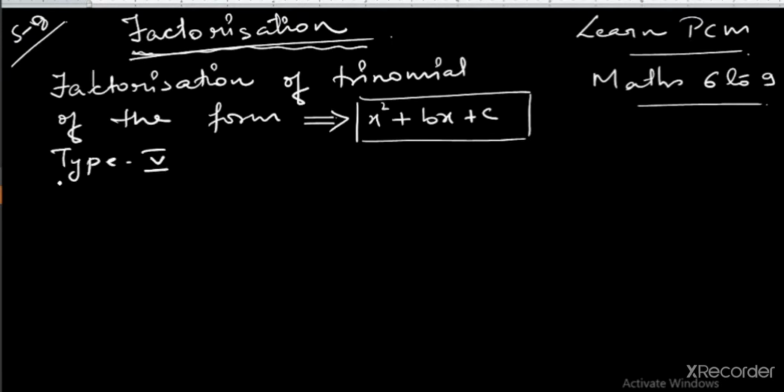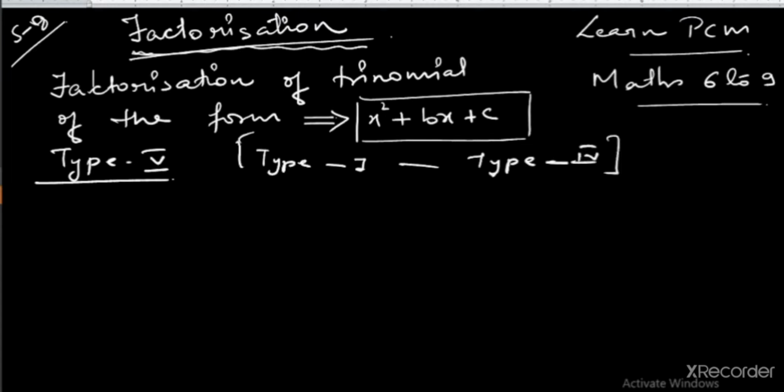Till type 4 we have started with type 1, and we have completed till type 4. I know very well that many of you know it, but still I have gone through these types all because I am dealing with the basic concepts, so that the students who are afraid of this word factorization can do it very easily. I have given the easy ways to factorize those types of expressions. So from type 1 we have completed till type 4.